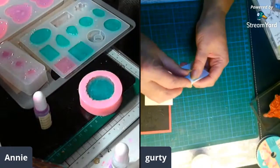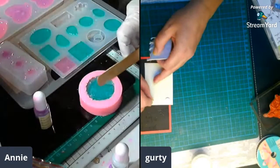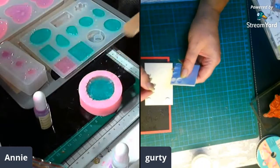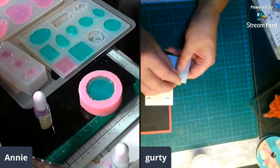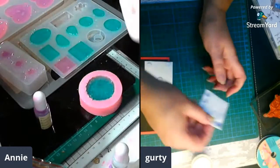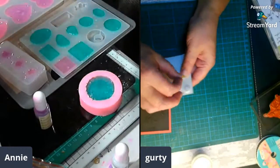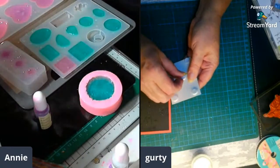So we'll put on some dimensionals, in other words, sticky pads from Range. What you do. Right. Now,